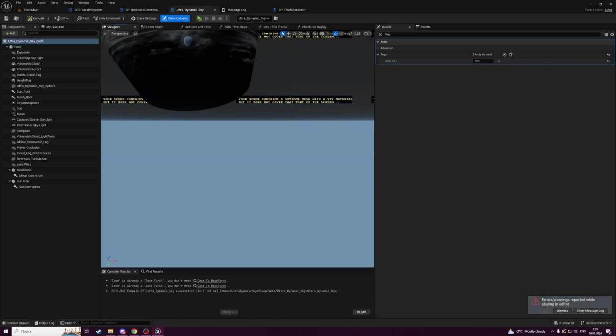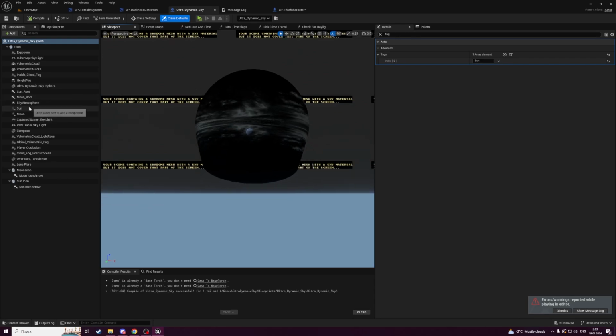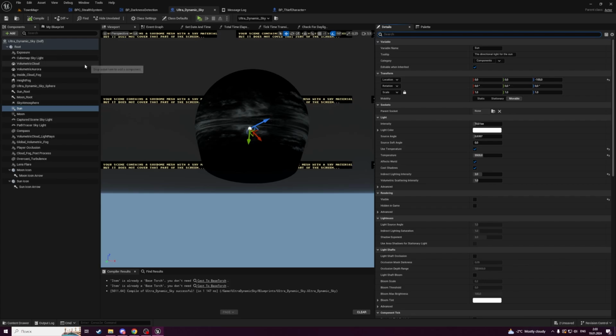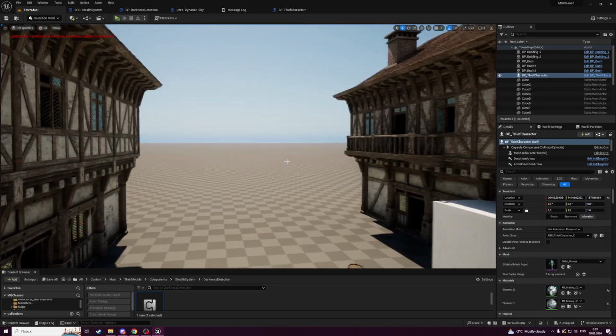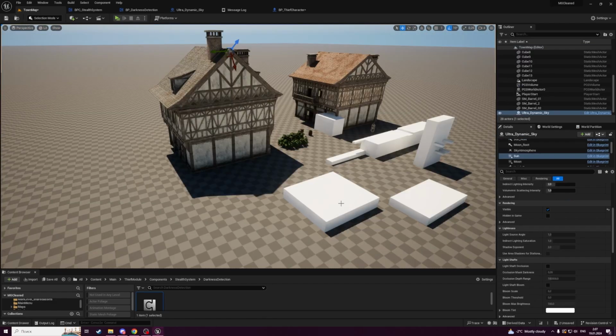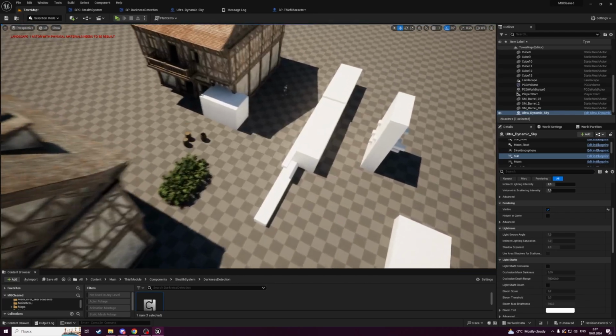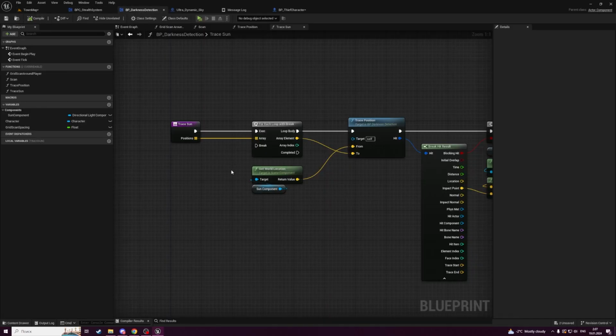Okay, it looks like it doesn't work with Ultra Dynamic Sky. Yes, because the directional light is not located at the real world location of the sun on our scene. It's only the sun that is located there. By the way, we don't need a location of a sun, but we still need a sun component. So we're not gonna get a world location of a sun component,